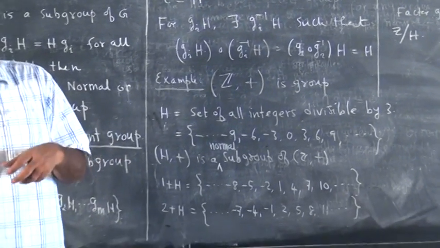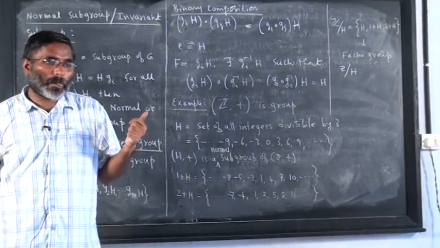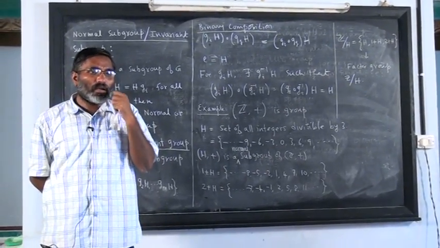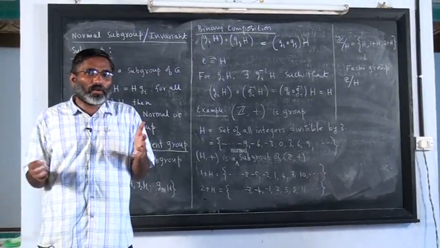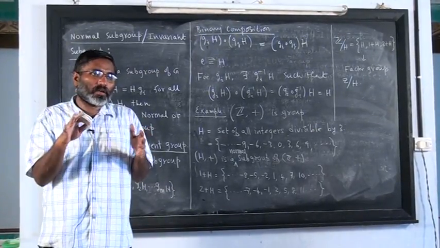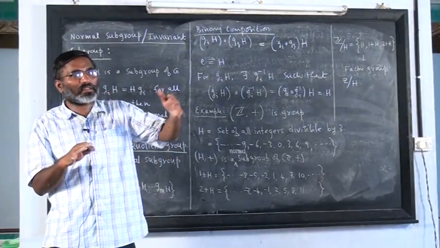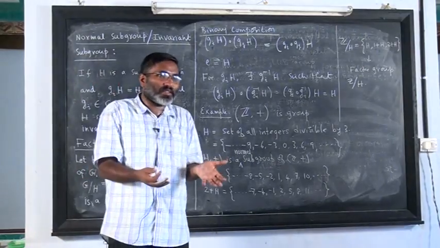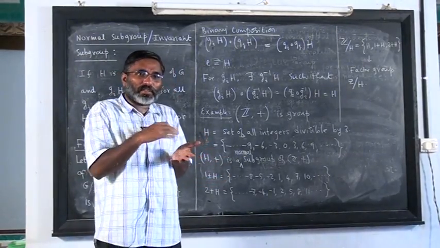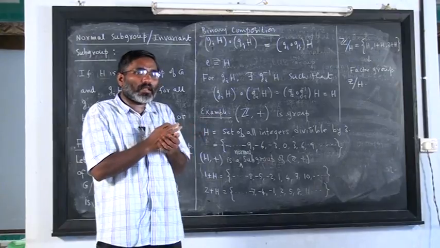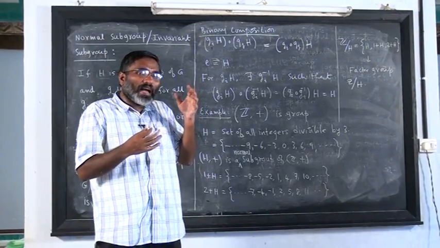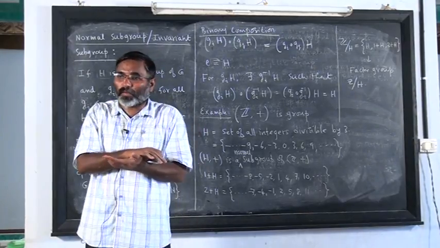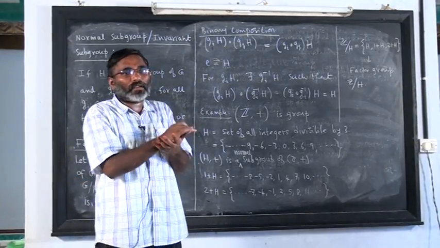So many times in physics we use this trick. We have for example in crystallography you have space groups. Space groups are point groups and translations. Translation is an infinite group. So space group is actually an infinite group. Point group is a finite group. But it turns out that if you take the factor group of space group, translation group is a normal subgroup of space group. So you take a factor group of space group to